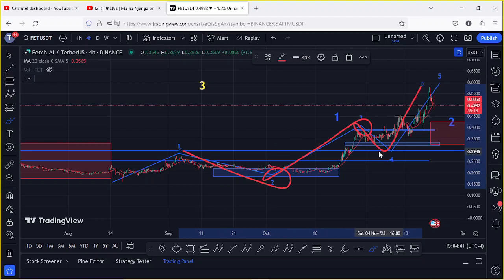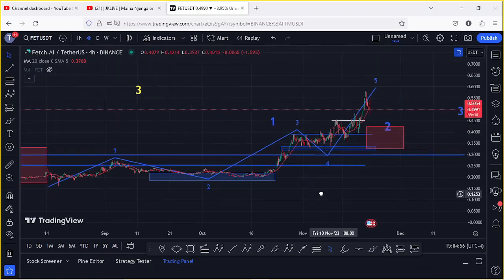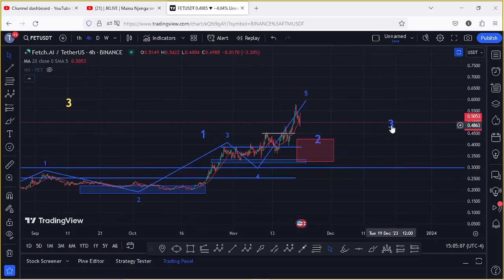What that means is that Fetch AI has now completed an impulsive larger Elliott wave count 1 to the upper side. After seeing the formation of this first wave, whatever we expect next is a bit of a corrective structure in the formation of this wave 2. And once we have a bit of a pullback in the formation of this wave 2 and we have the lows in place,